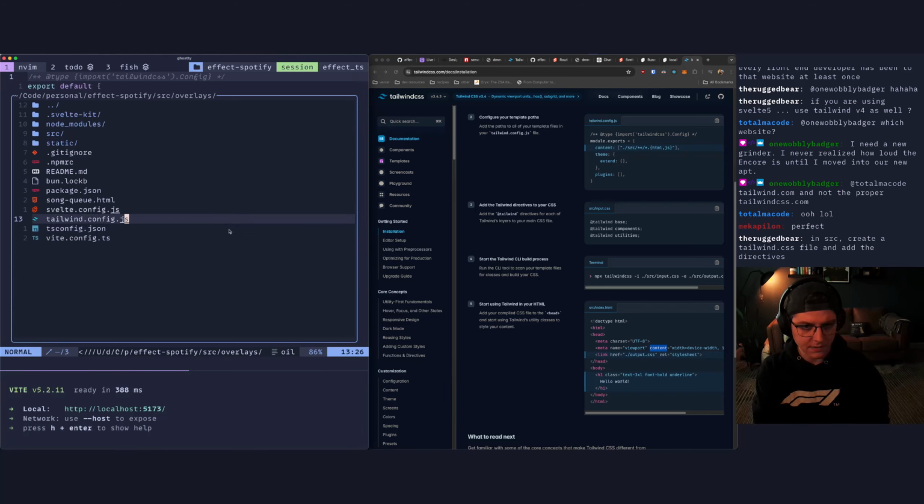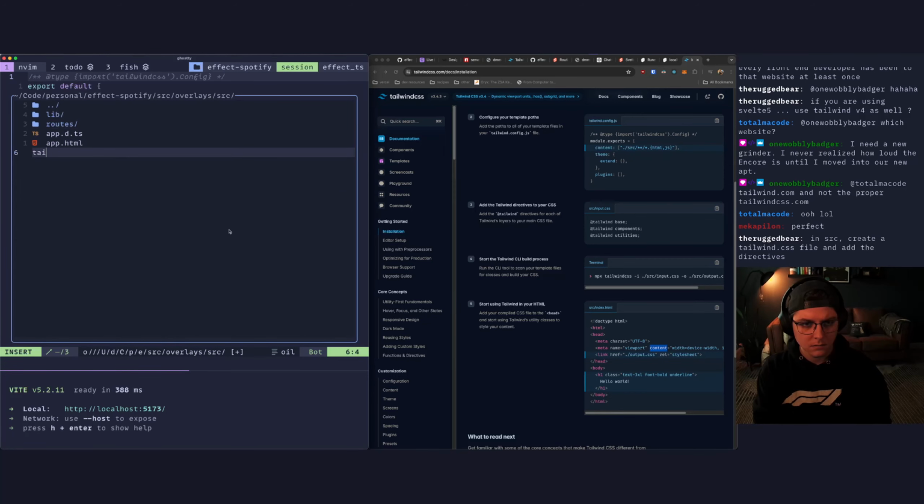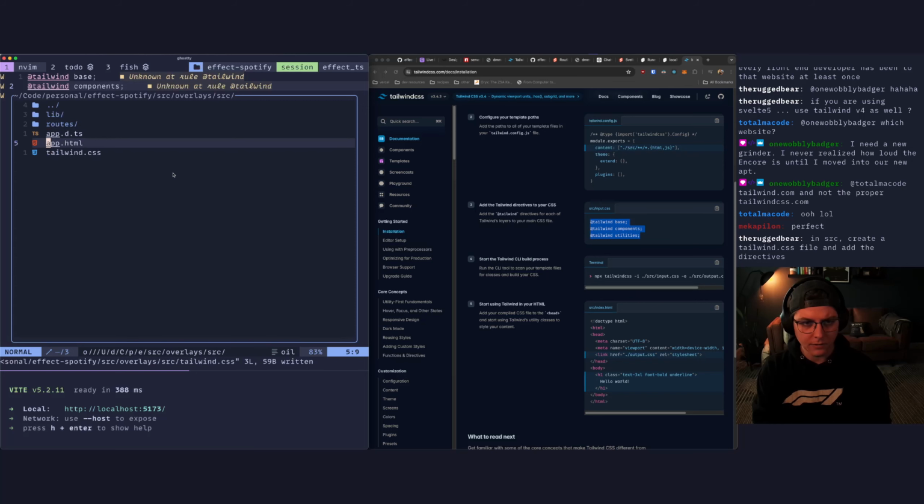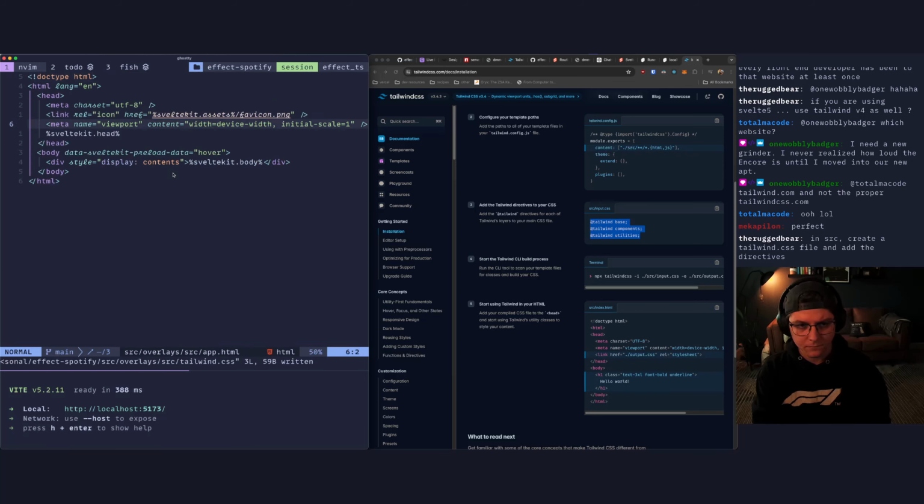In source, create tailwind.css. Yeah, okay, right. And then we add that in here, right?